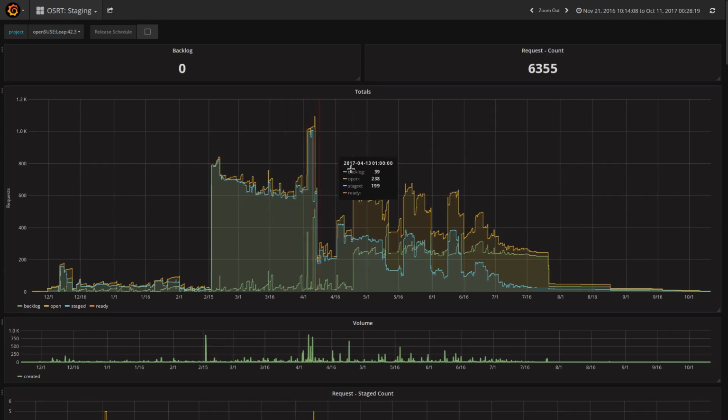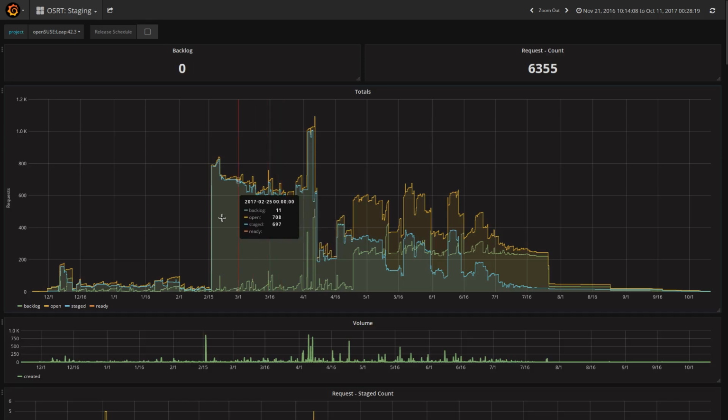So just looking over here at the totals, this is basically where all the requests that were targeting the project, what state they were in at the given time on the graph. You can see how many are in backlog versus open request total versus staged. So you can see the volume and the speed at which the development cycle was taking place. For here there were a lot of requests open, which either means